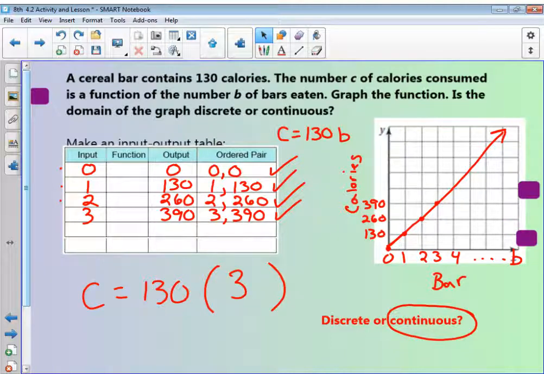So, the main things out of this lesson. For continuous, you use a line. To decide if it's continuous or discrete, continuous means you could have a part of your domain, a part of your X's, a part of your input. You could do a partial of whatever the scenario is. So like here it was cereal bars. For it to be discrete, if we jump back,